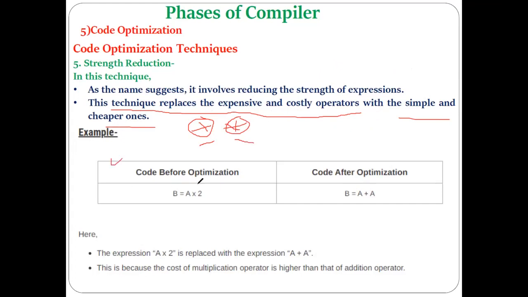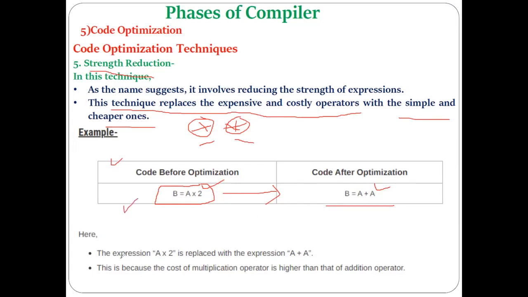Let's see an example. Consider the code you have written in your program, b equal to a into 2. Can we write it a different way with a less strength operator? Yes, it can be written like this, b equal to a plus a. The meaning of this and the meaning of that is still the same. Only what you have done is replaced the expensive and costly operator with the less expensive and less costly operator, but the meaning is the same. So this is called strength reduction, that is a code optimization without affecting the final meaning of the program.